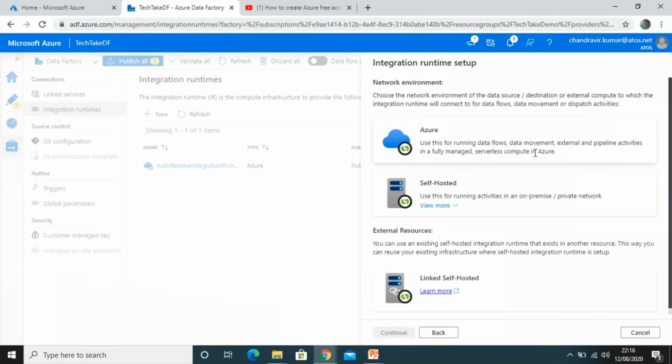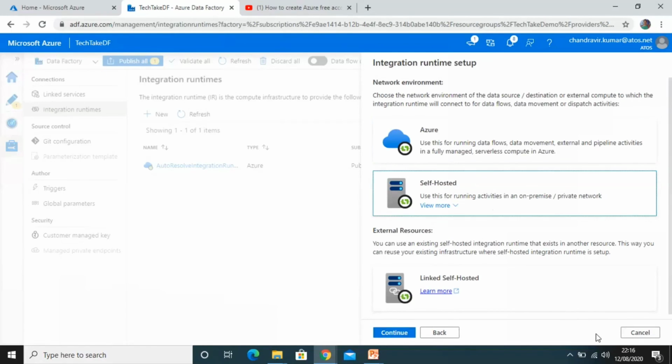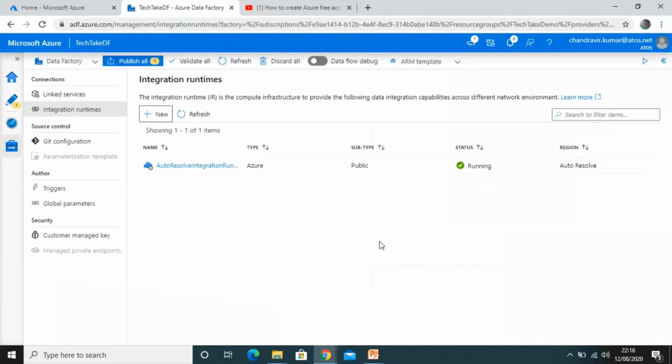If you select Azure, you will be creating the Azure integration runtime, and the second is self-hosted. Self-hosted is for when you want to do some operations on your on-premises or private network; then you need to create your own self-hosted integration runtime and perform the activities. And similarly, SSIS is for executing SSIS operations or activities. So these are the options to create.